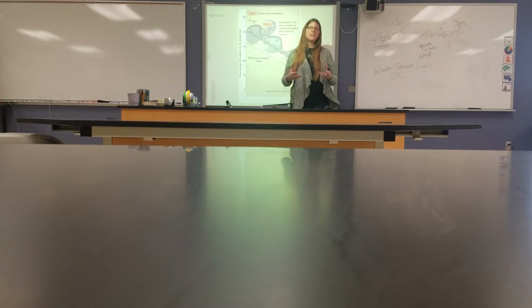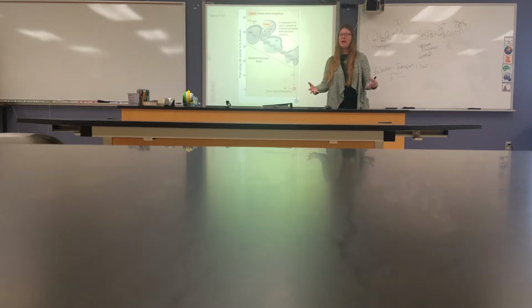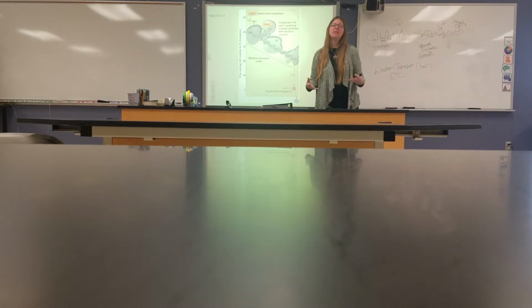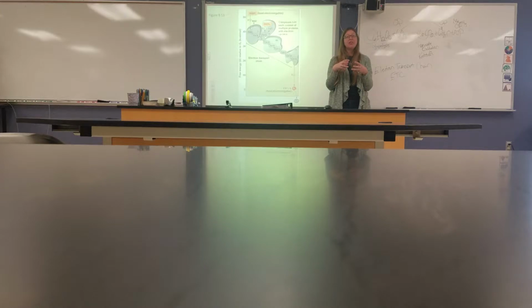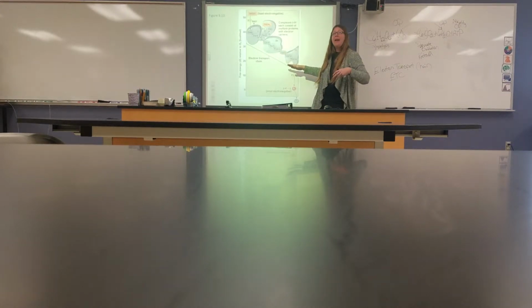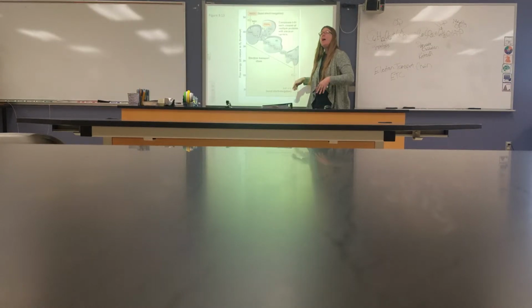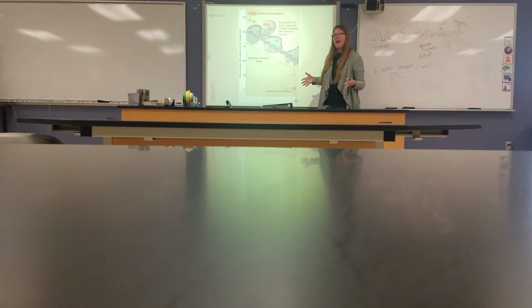What this allows the cell to do is harvest incremental amounts of energy rather than one large burst of energy, which would be too much for the cell to actually capture. So this is a much more efficient way of capturing the majority of the energy from the electrons that our electron carriers are donating to the electron transport chain, to allow for the use of that energy